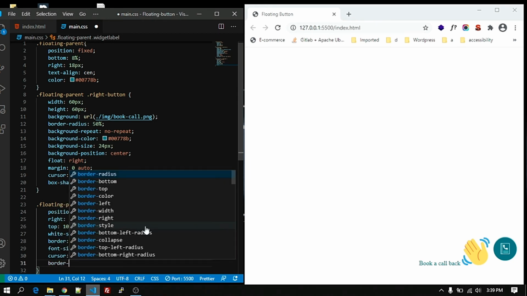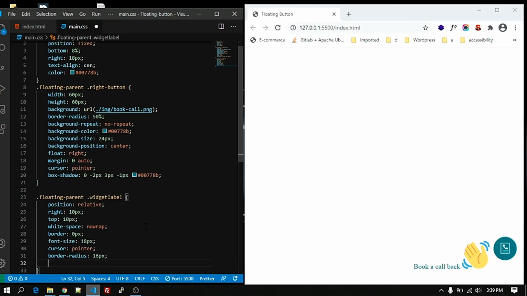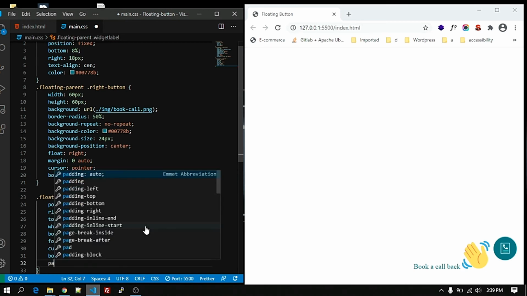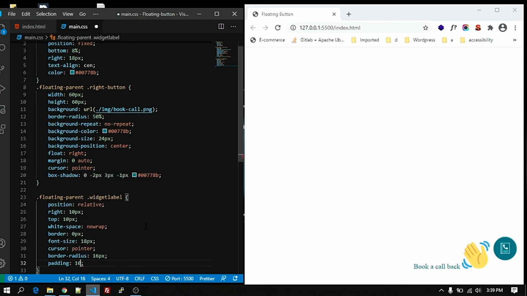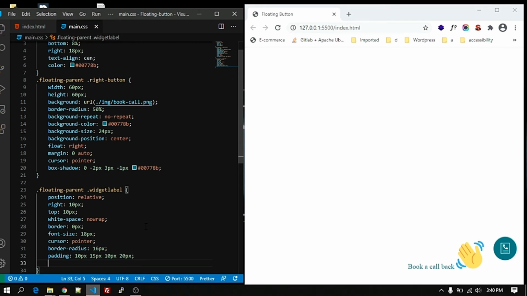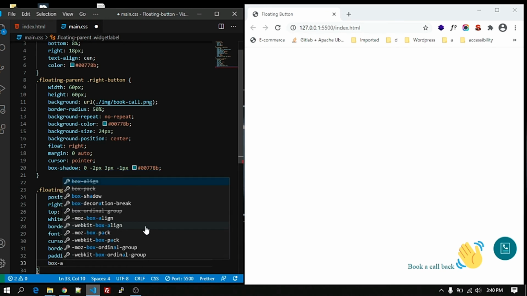Let's make the border radius 16 pixel. Let's add some padding to that, 10 pixel, 10 pixel, 10 pixel, 20 pixel. Okay, let's add some shadow for that, box shadow.